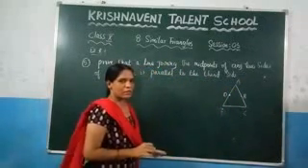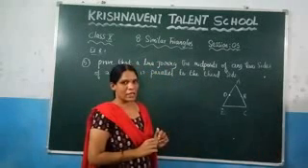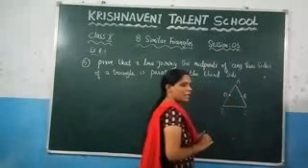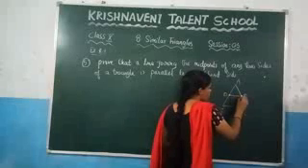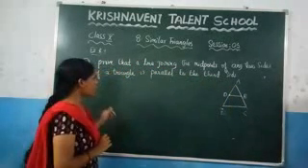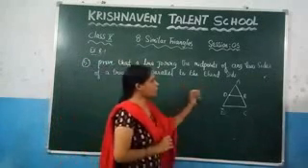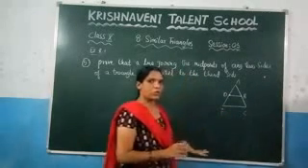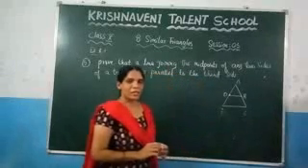So here, what they have given here, a line joining the midpoints of any two sides of the triangle. So here, I am taking those two sides as AB and AC. So I am joining the midpoints of these two sides, so that you will get one line. And what they are saying here, the next one, and we need to prove that that line is parallel to the third side. So what is the third side, which is nothing but BC. What we need to prove now? We need to prove here DE is parallel to BC. That we need to prove.